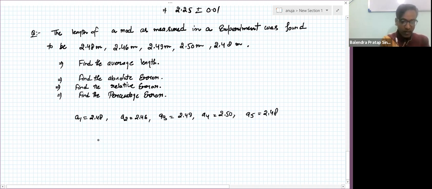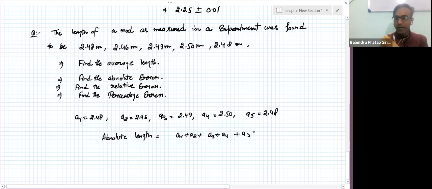So the average value, or we can say the average length or absolute length, is the average of all these measured values, like A1 plus A2 plus A3 plus A4 plus A5 divided by